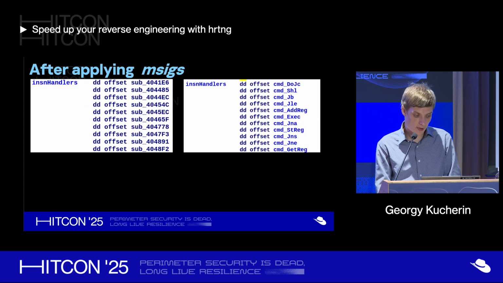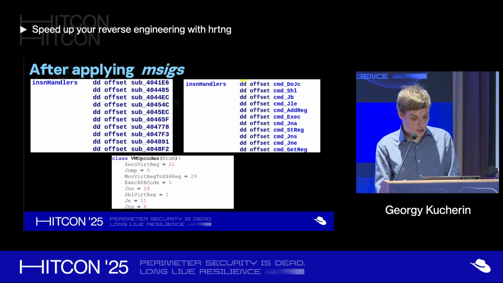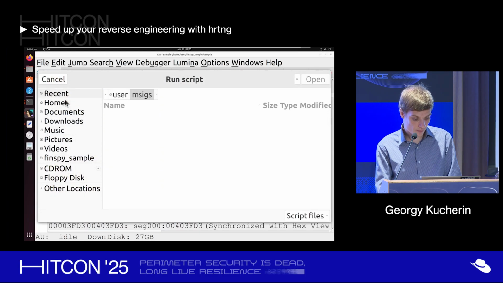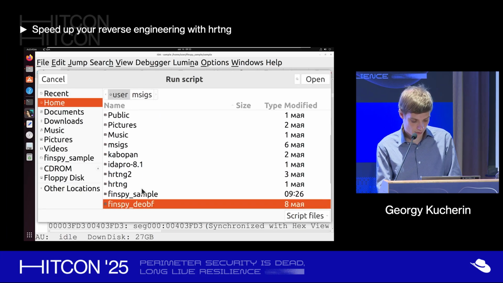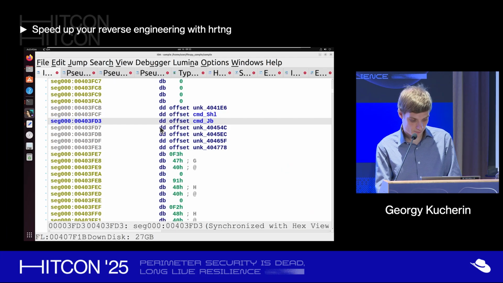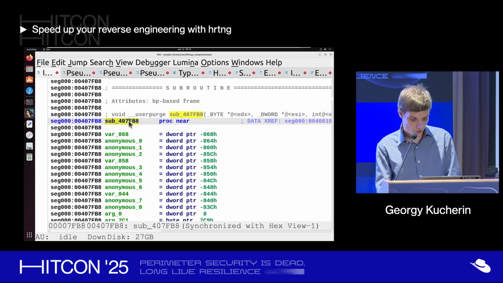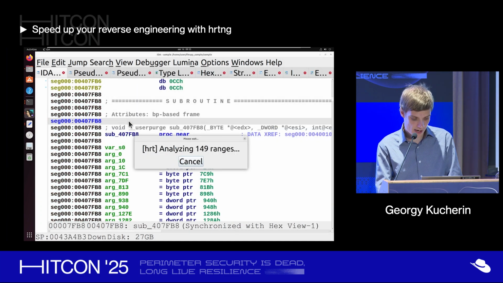And we continue applying these MSIGs to the functions until we fill out this match between the opcodes and the implementations. We won't be doing all this process now because it takes a bit of time, and we'll use a ready-made deobfuscation script. File, script file, and here I have the script. So now, if I go back to the entry point function and decompile it,